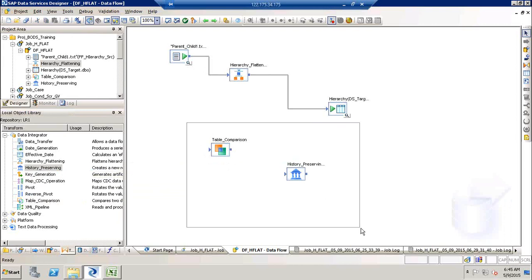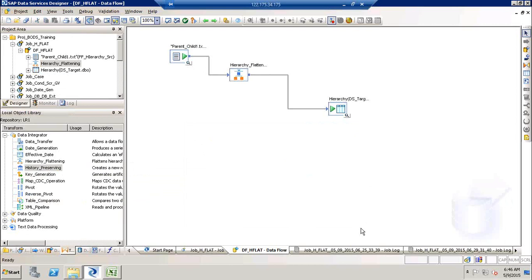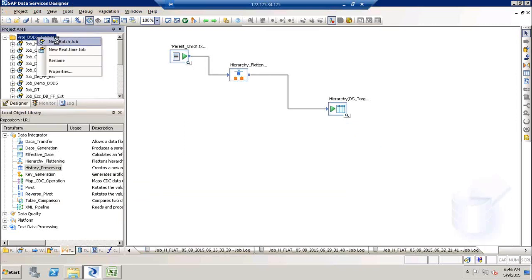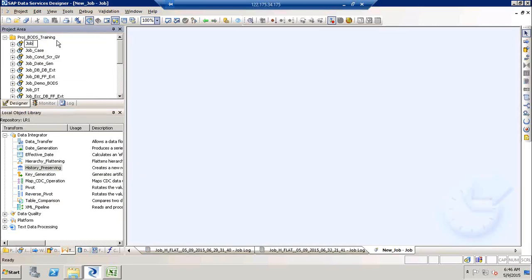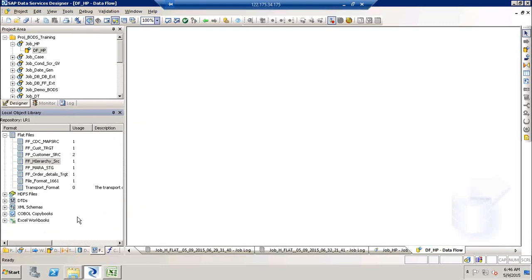Right, so this is what we can do using a combination of transformations. Let me quickly build this job so we can look into these transformations. job underscore history preserving, data flow underscore history preserving. Now if I open this data flow, first I need to have,